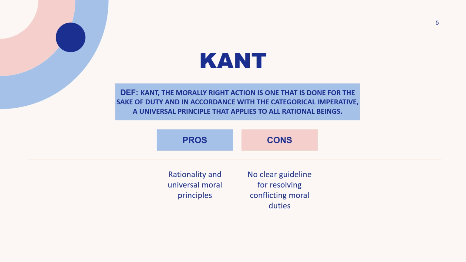Kant's ethical theory, known as deontology, is based on the idea that actions should be evaluated based on their intrinsic moral value, rather than their consequences or outcomes. One advantage of Kant's ethical theory is its emphasis on the inherent moral worth of individuals and the importance of treating individuals with respect and dignity. Individuals are expected to act in accordance with universal moral values regardless of the specific consequences of their actions. Kant believed that actions must be performed for the sake of duty rather than personal gain or utility in order to be morally right.